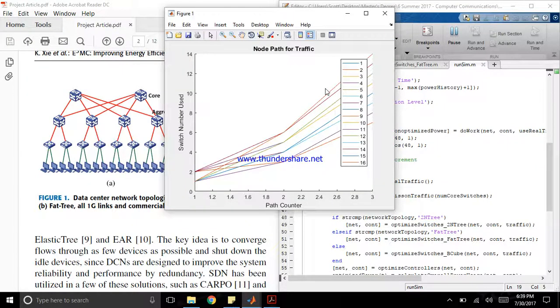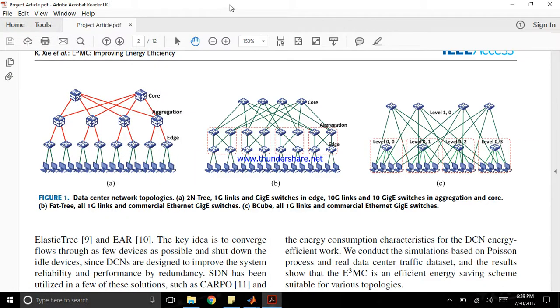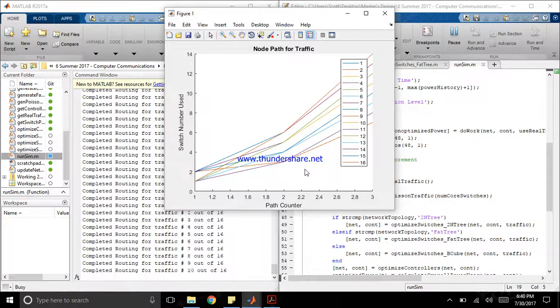So the NCCC algorithm found that the best path is to go through switch 2, then to switch 6, and then out to its final destination. So this is kind of just how the algorithm works. And I'll continue to let this run through, and then after all of the 30-minute simulations, the final results will